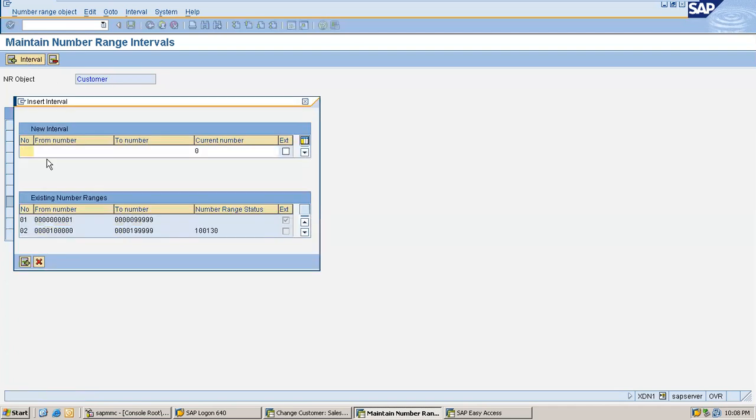I can say T1 here, with which I can identify my number range easily.